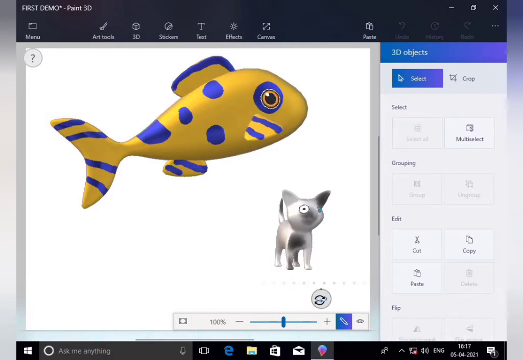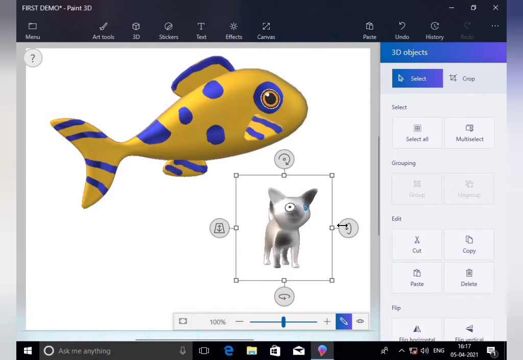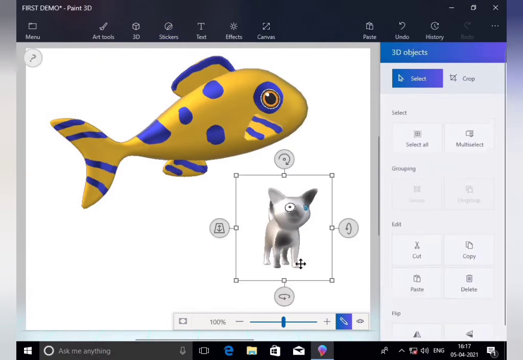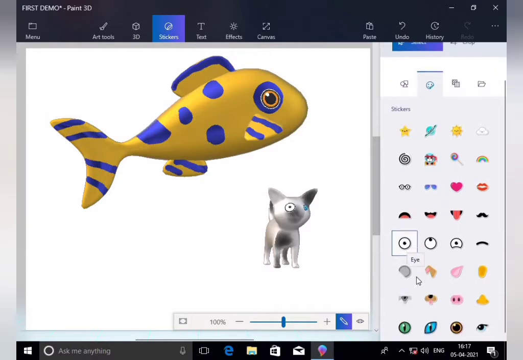For example, we have rotated this cat. See, it does not look good because our cat is very small. Now see, in the fish we have filled the eyes and it looks very nice, but in the cat we cannot do it, but we have to practice so the eyes become very beautiful, right?